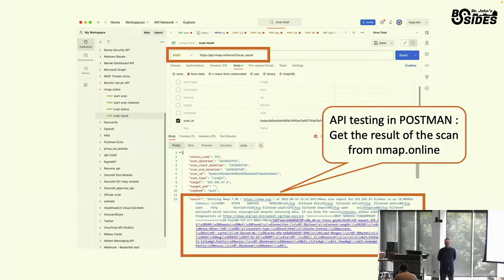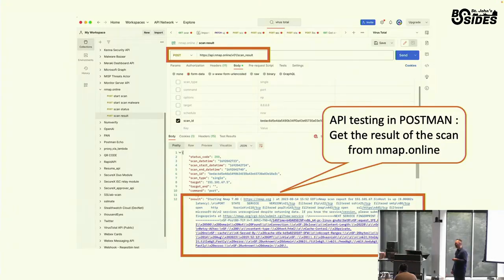What's the advantage or disadvantage of the API being online? Yeah, I will give you an example. So the gentleman here was asking, what's the advantage of having an external service scan the public IP on your behalf, instead of scanning it yourself? Okay.